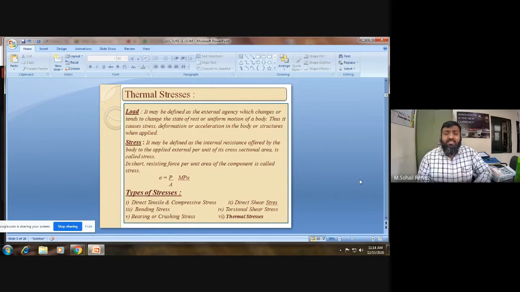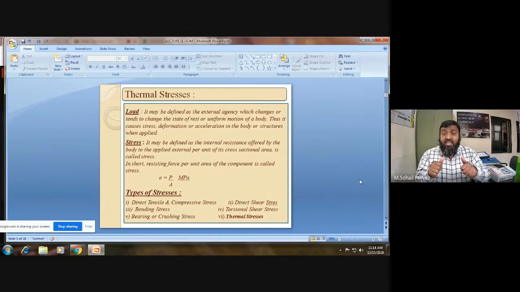Now, different types of stresses. When we say nature or types of stresses, it all depends on the nature of applied force. If it is tensile, the stress would be tensile. If it is compressive, it would be compressive. If it is shear,